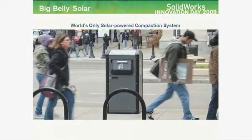Another great example is a good SolidWorks customer, Big Belly Solar. It's the world's only solar-powered compaction system. The Big Belly trash bin is the world's first and only trash compactor that runs on solar energy. Big Belly uses only the sun's energy to compact and store 5 times the amount of garbage as receptacles of the same size. The machine uses up to 1,250 pounds of force to compact trash periodically